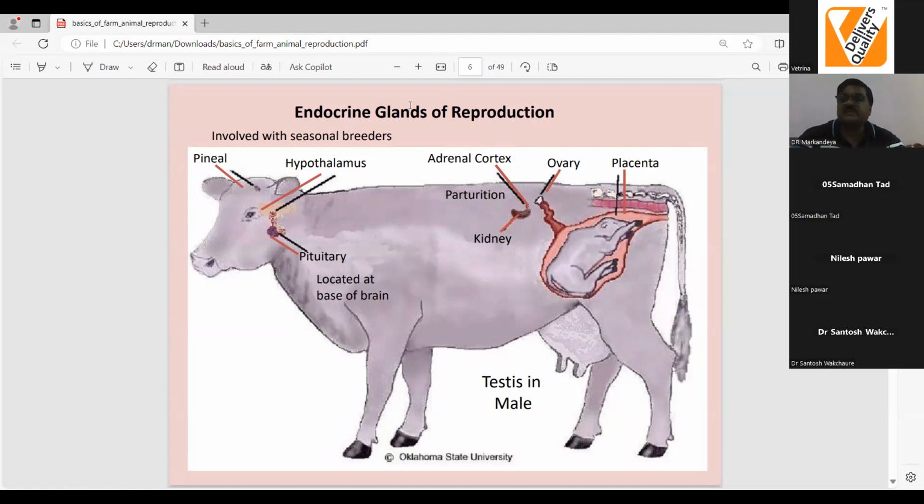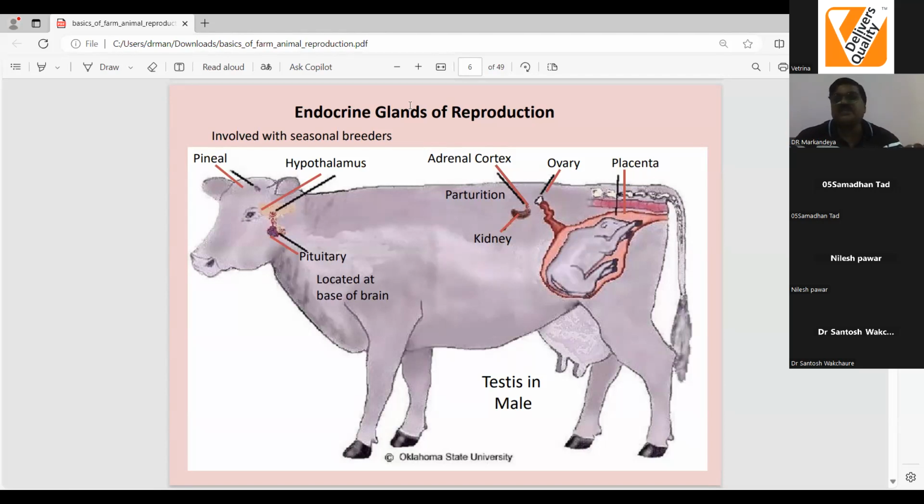This is the site where oxytocin is produced and it is transported to the posterior lobe of the pituitary. So hypothalamus has an important function in animal reproduction, and the most important thing is that the hormones or the signals of the hypothalamus are chemical in nature, very safe for use, as far as GnRH is considered and its utility in animal reproduction. This particular part is important.